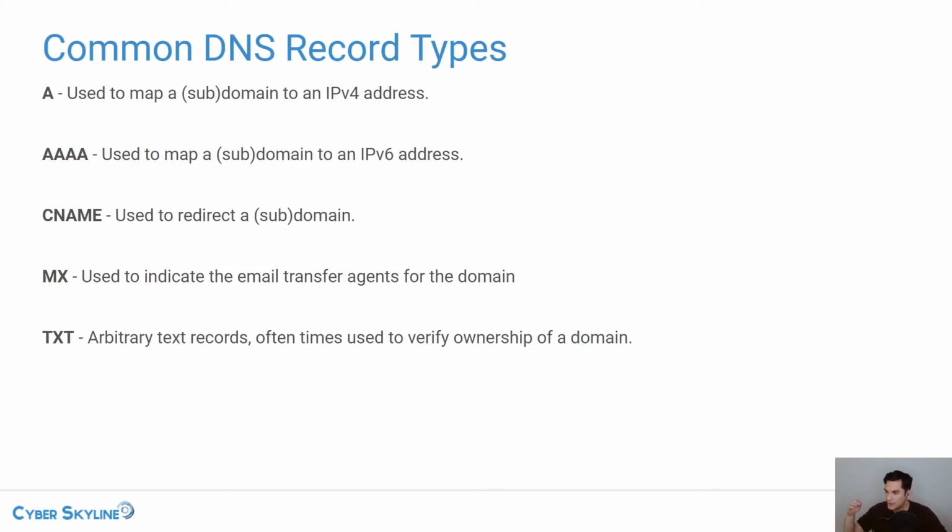So let's just say I have website1.example.com and website2.example.com. If someone typed in website1 and I wanted to send them to website2 instead, I would create a CNAME record. I'd say, hey, any queries coming in to website1.example.com, send that to website2. And then what will happen is the person requesting the record for website1 will go through the same process again for website2. It causes a redirection, and then they'll look at the records for website2.